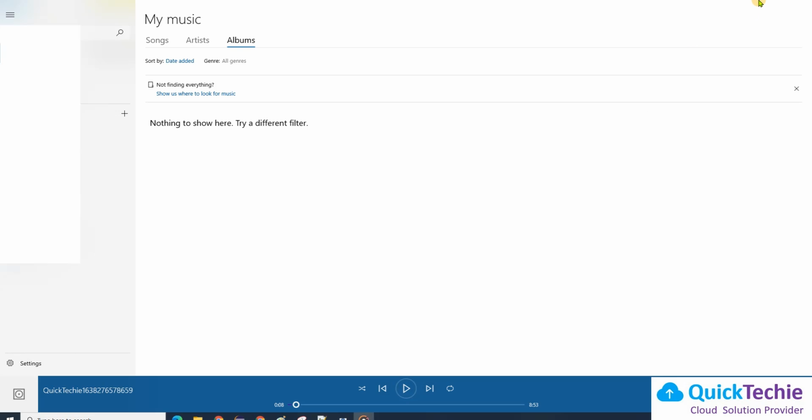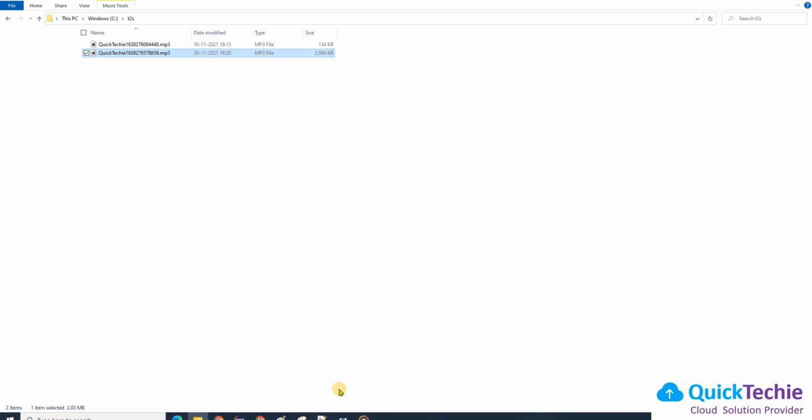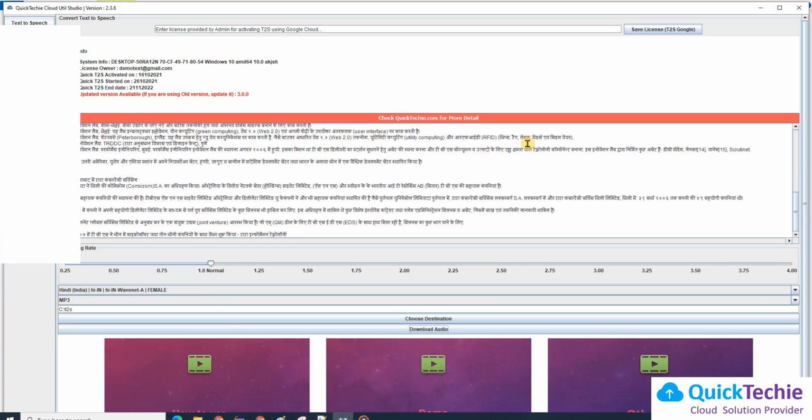So you can see an 8-minute audio file is created, approximately 8 to 9 minutes. That is how you would use this application. It is a very simple application to use. It looks like a bigger application, but the instructions to use it are simple, and you can convert any text into 56 different voice formats and 40-plus languages. You can convert to your MP3 file.